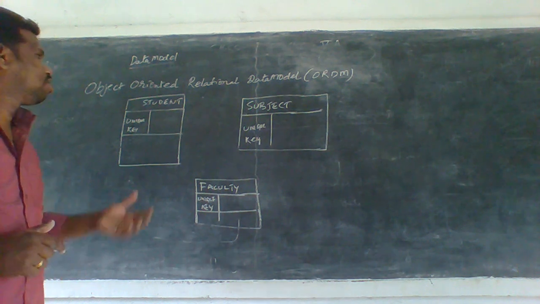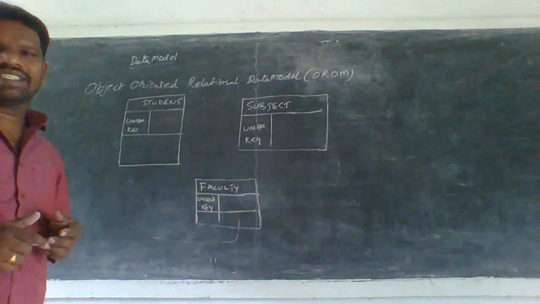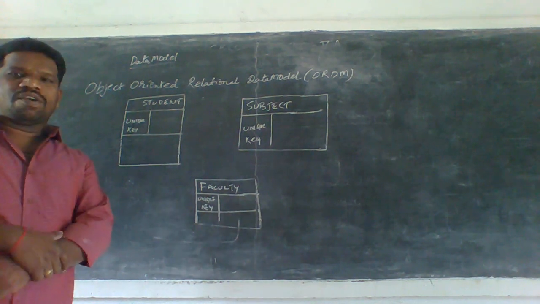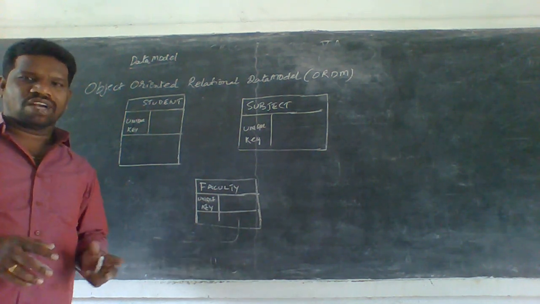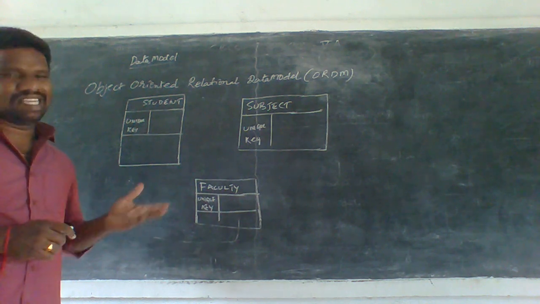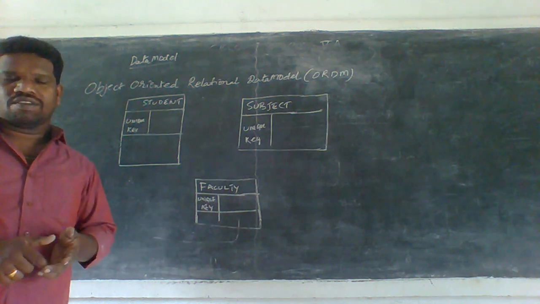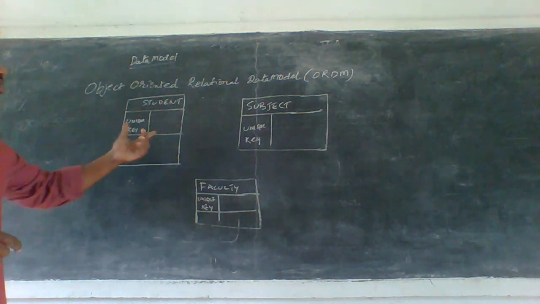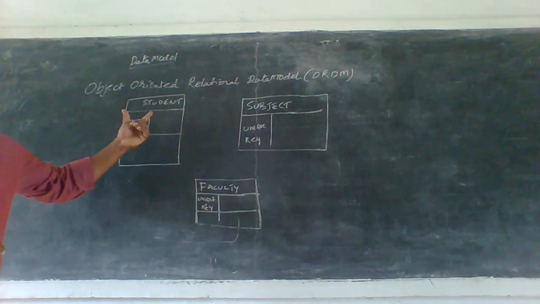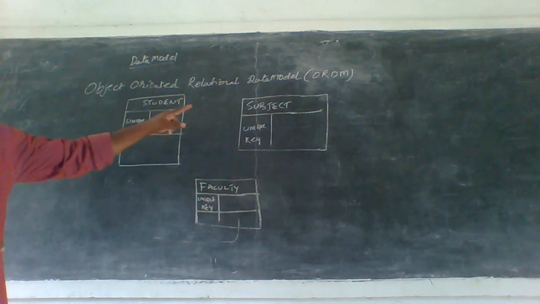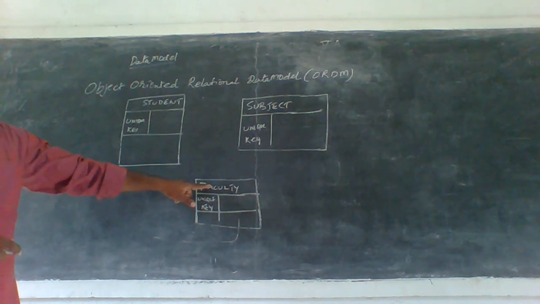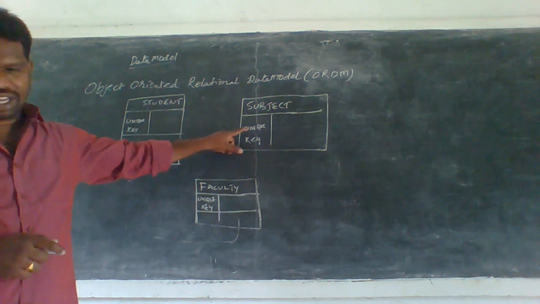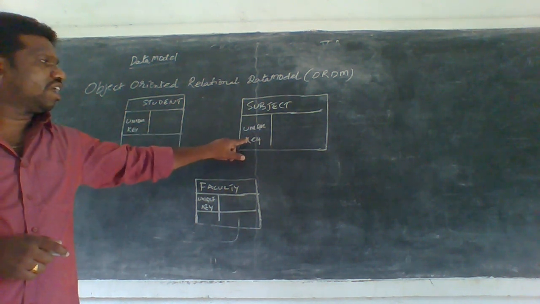So let us see, what is an ER diagram? An ER diagram shows diagrams based on UML diagrams. So I would like to teach the ER relational data model by using UML diagrams. We can simply draw the diagram like this and represent it as student, subject and faculty. Here I am taking a unique field, and here also I am taking a unique field, a unique field or unique key.